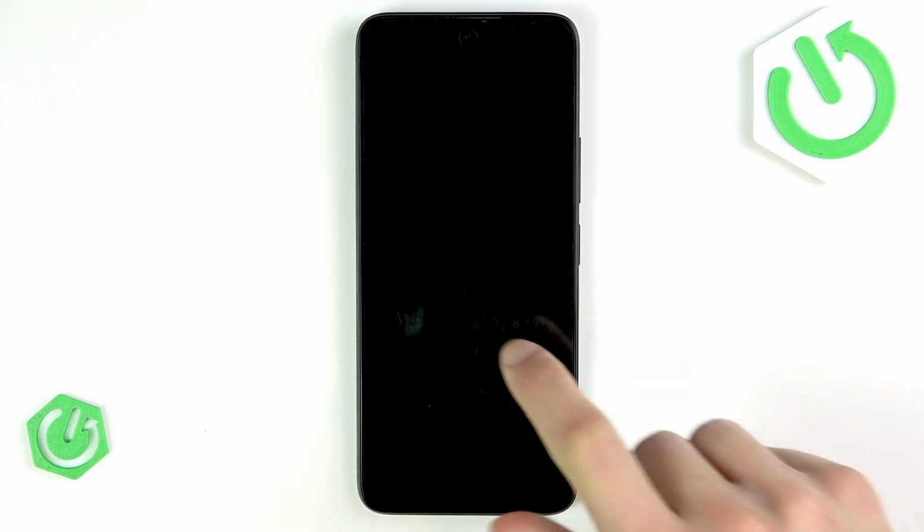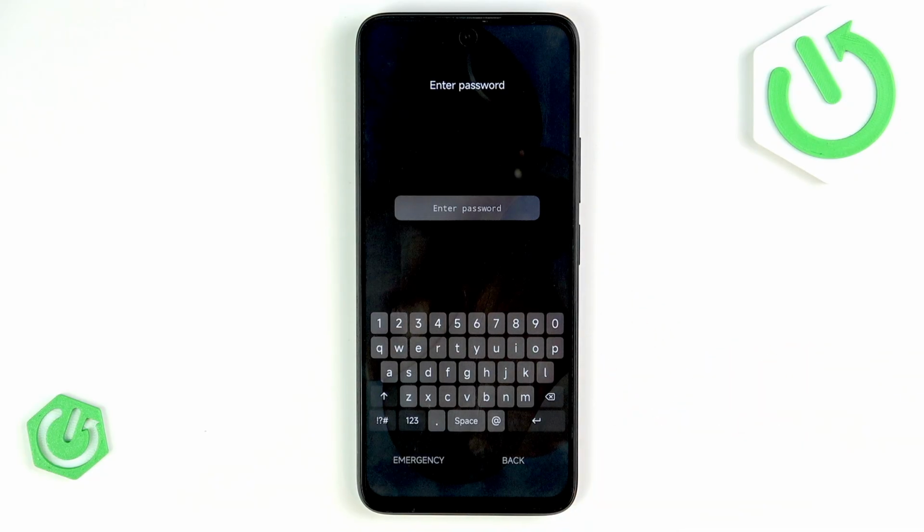So, in case you forgot your password, the best decision would be to try to contact the Xiaomi customer support service, and in case you can provide them with the proof of the ownership of your smartphone, they will most likely be able to help you out and let you regain access to your device without the need of removing data from it. It's the best decision in my opinion,